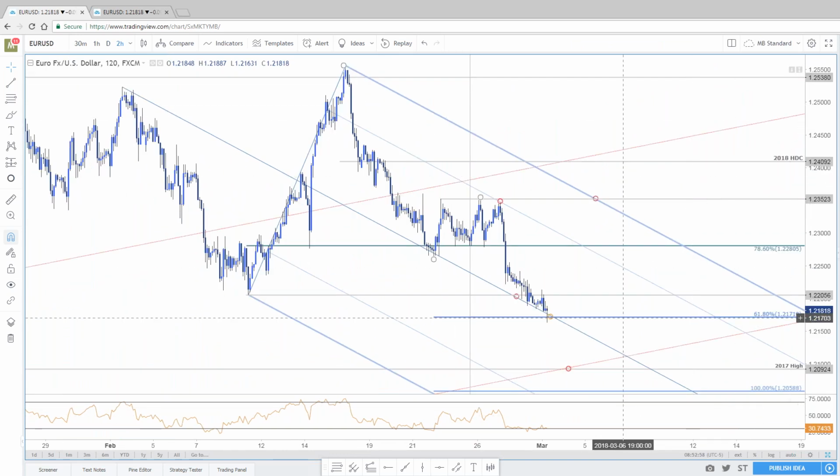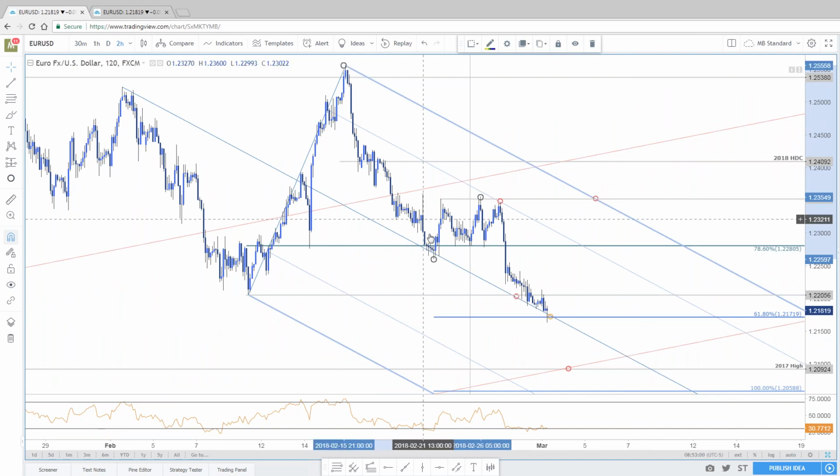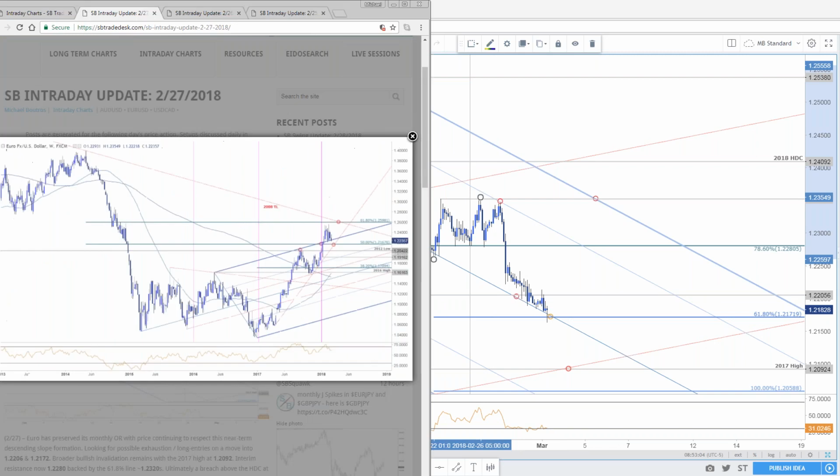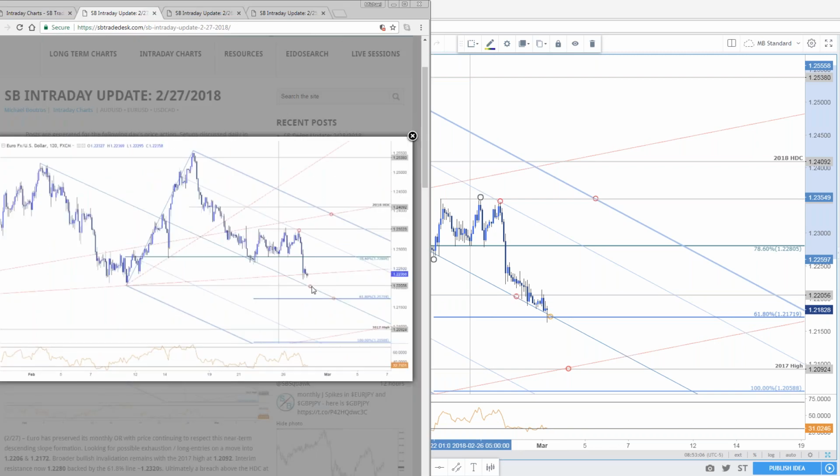There's a 618 extension from the decline off the high, A, B, C. It comes right in line with the median line that we were looking at yesterday. So we hit this target yesterday. Here's a perfect dip. If we materialize with a pin bar here, if we see a little more reluctancy, some building divergence to begin the US trade session, sure.